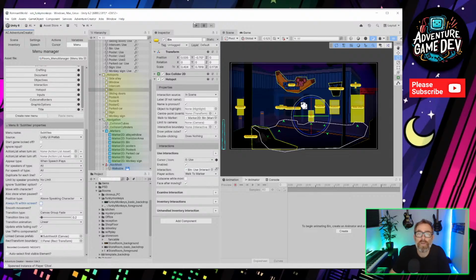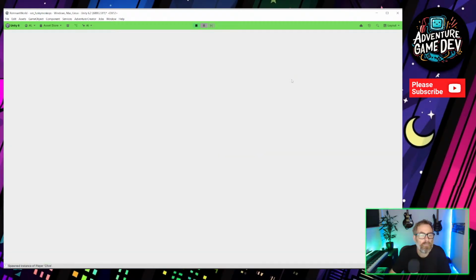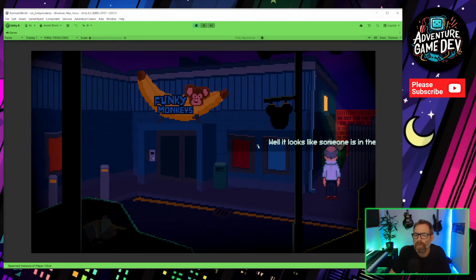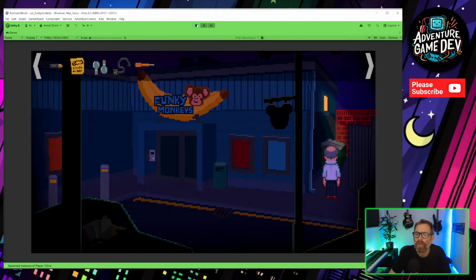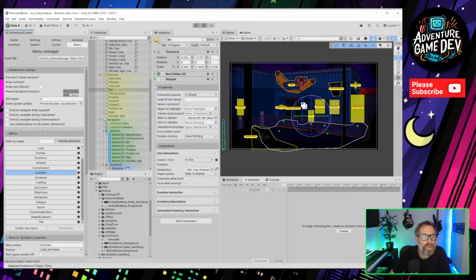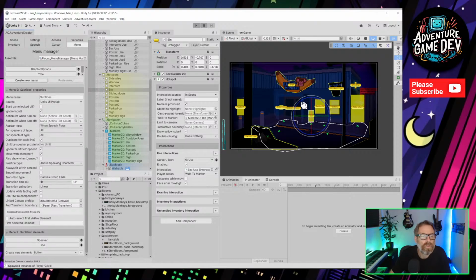So I have got that checked on, but it's obviously not working. So if I look at the side, oh no, if I look at the window, yeah, so it's not working properly. I don't know if that's a bug or there's something else overriding it. But let's have a little look. What else?